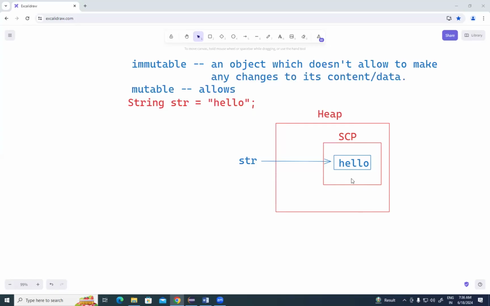For the modified data, a new object will be created. Did you understand my point? Is it clear to all of you now? Okay, see here, guys. For example, if I am writing,